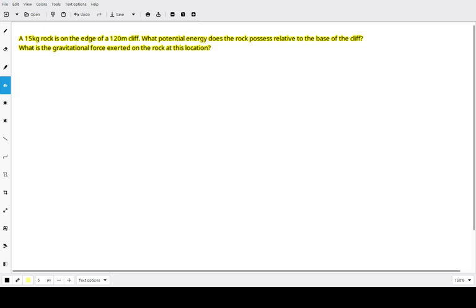So let's look at gravitational potential energy. Intuitively, if the rock falls, gravity can convert its height into motion. The higher it is, the more energy it has stored. So